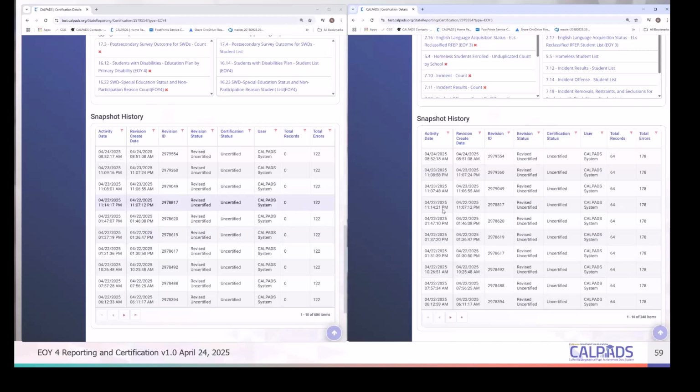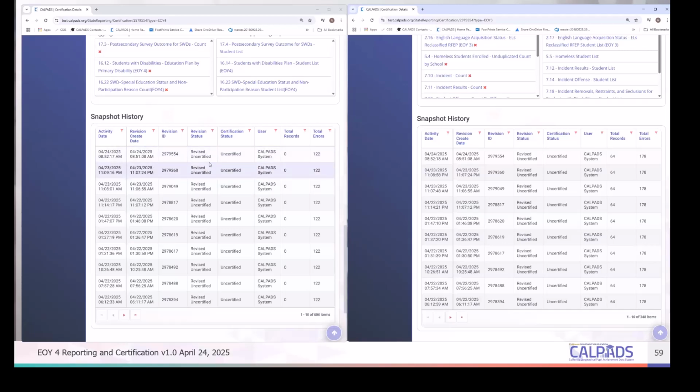End of year 3 and 4 should have the same revision ID when you approve them. And if you do disapprove one, remember that you probably will be asked to disapprove them both. So I would recommend when you think you're ready to approve, place it in review, right? That way you freeze that snapshot and it can continue the process.